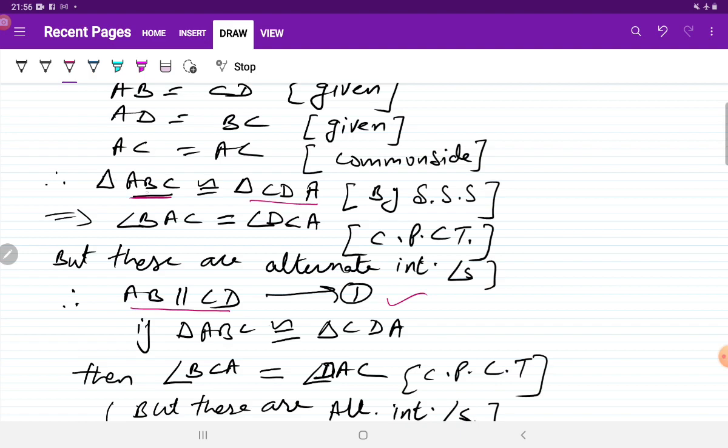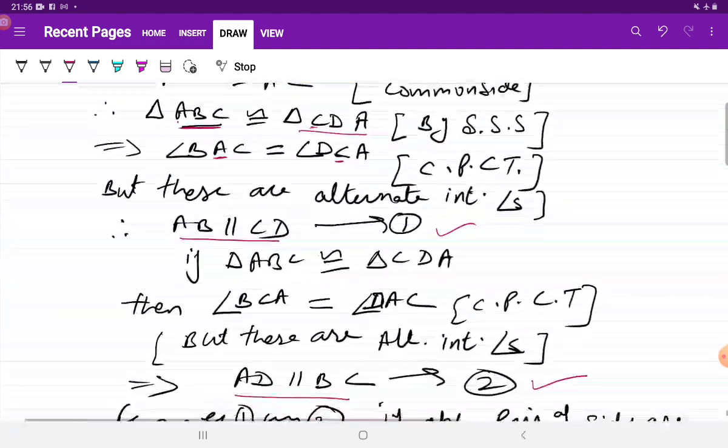See children, see here I am taking angle A. So angle A is coming in the middle. Here I am taking angle C. Then C is coming here. So if you take the order the same, your answer will be right. Otherwise your order will be different, and if it goes a little wrong, you will have a problem in congruency. So it is very important to take the order.